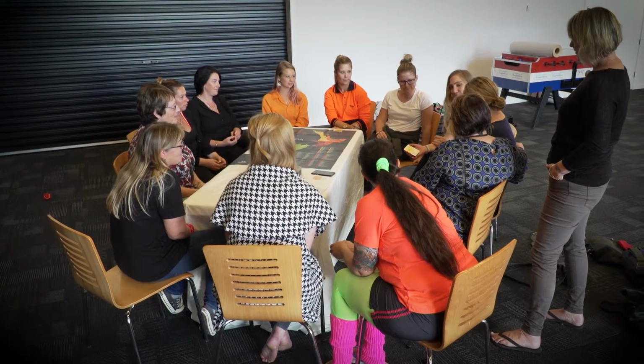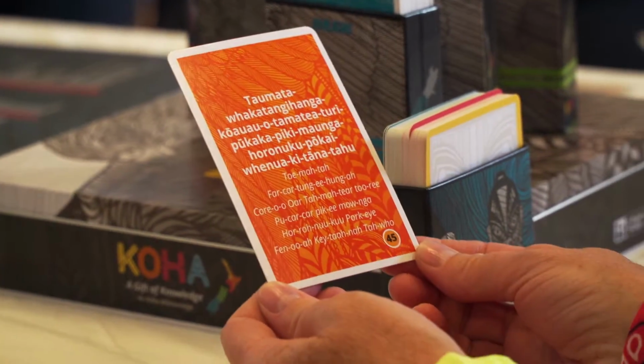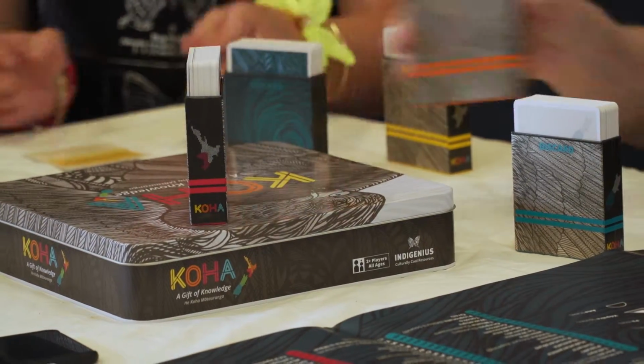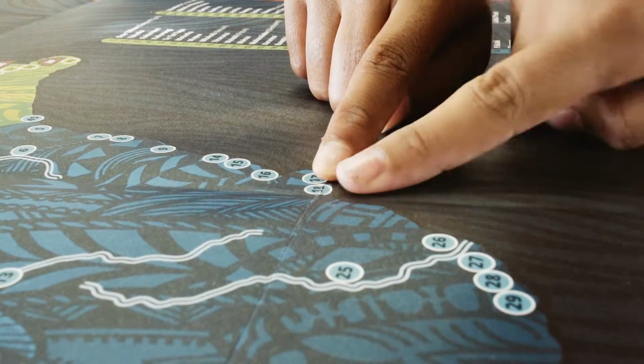I think that's not just in this country, I think it's everywhere, but sadly for Indigenous people, whether it's Australia or here or America, the Indian or the Aboriginal or the Māori names are almost left silent, and we need to understand what they mean so we can be connected, all people, not just Māori, all people who live in those countries. Koha, the culturally cool card game, it's our